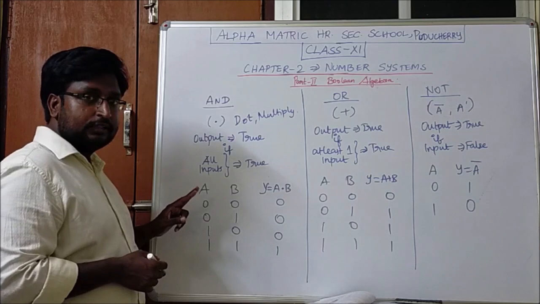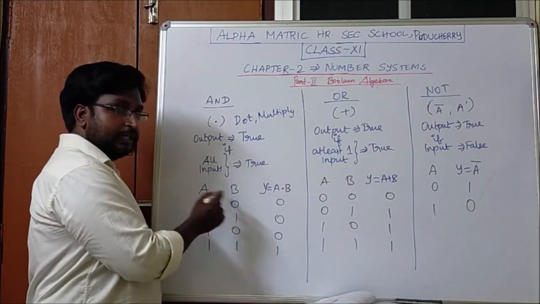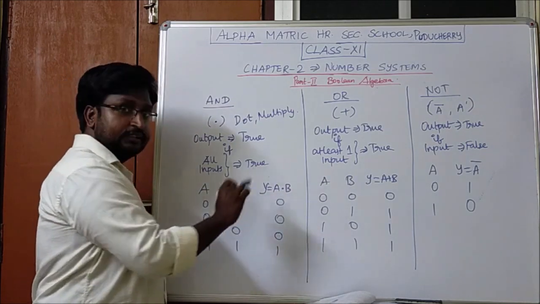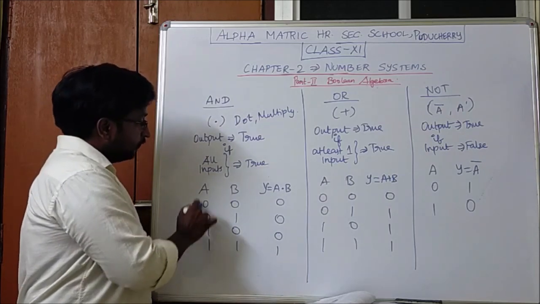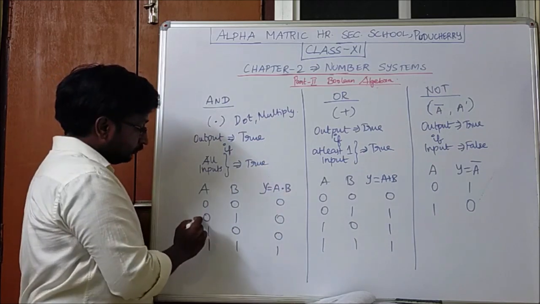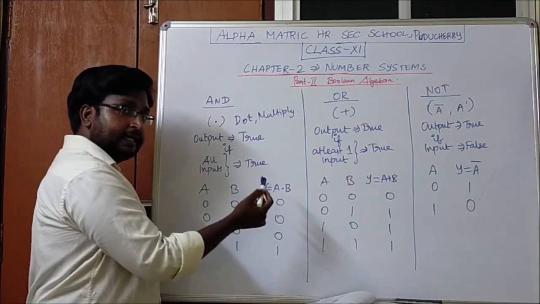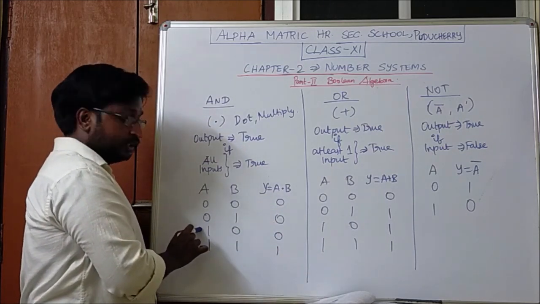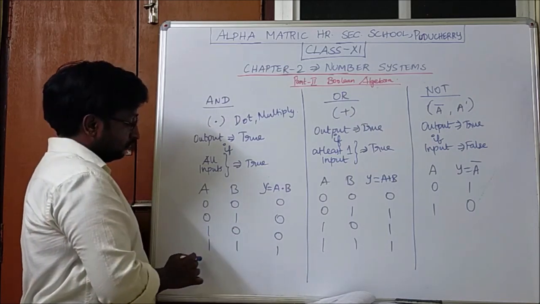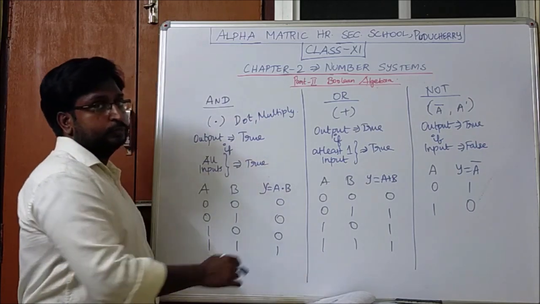Here we take 0 as false, 1 as true. These are the two variables which we have used. So two inputs we have given, both are false, so the result is false. And we said that all the inputs must be true for the output to be true. Here we see one input is false, the other input is true. The answer is false. One input is true, the other input is false, and obviously the output is false. And here both the inputs are true, the result is true.